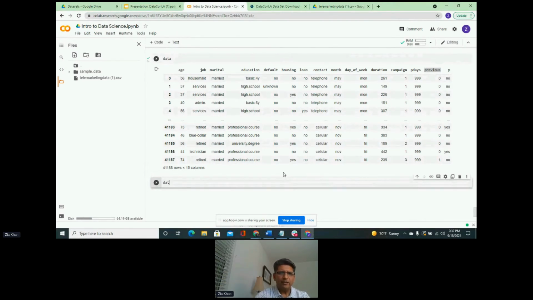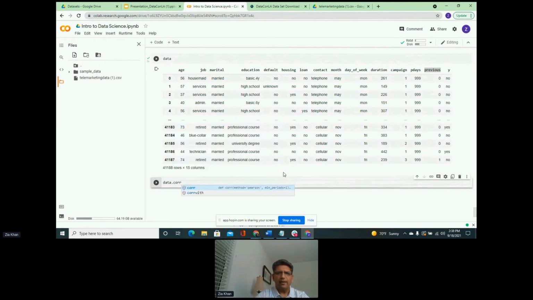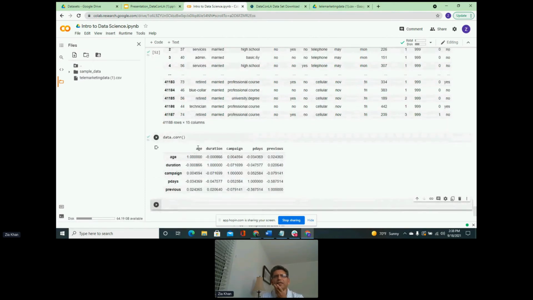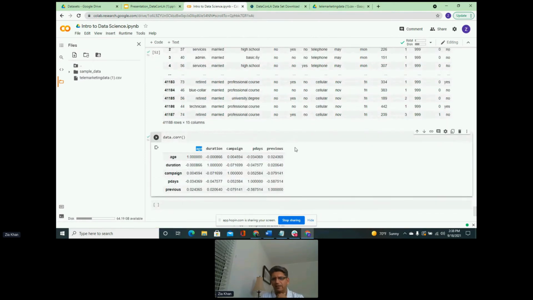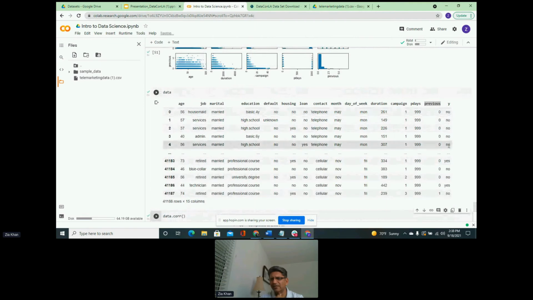Now, when I look at the correlation, Pandas again gives us this feature called corr, C-O-R-R, and using corr we can find out the correlation between the columns and the target. In our case, we don't see the target Y here because Y is no and yes, and it is not a numeric feature.